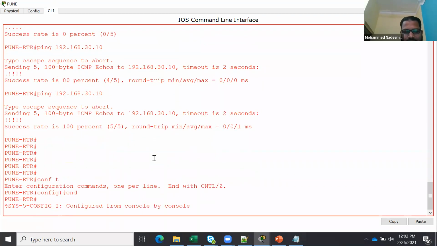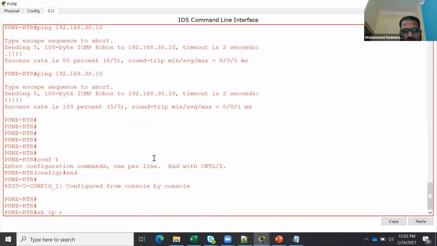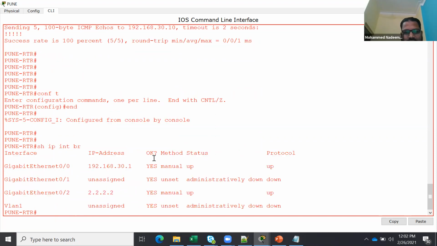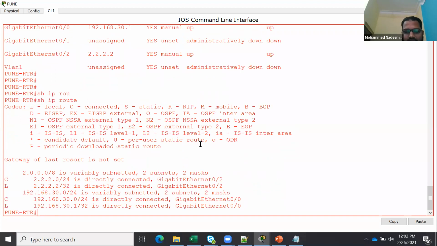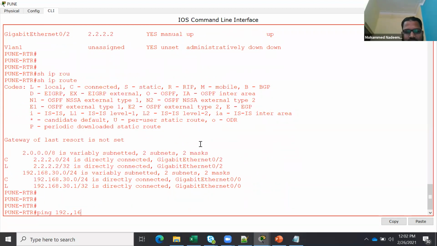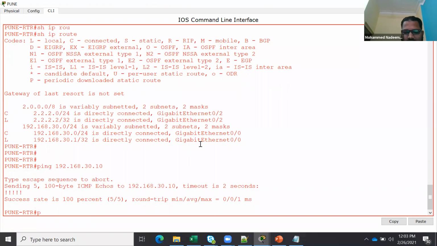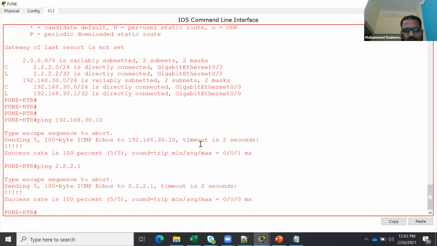Go to Pune. Oh, sorry, not config terminal. Show IP interface brief. Check everything is fine. Check show IP route. Yeah, ping 192.168.30.10. Able to ping. Can I ping the ISP 2.2.2.1? Yes, I'm able to ping.